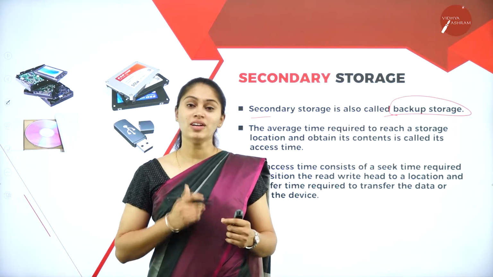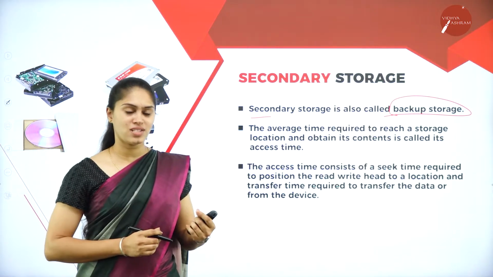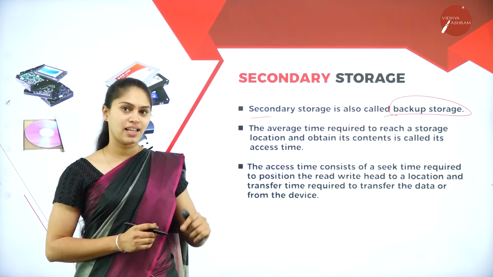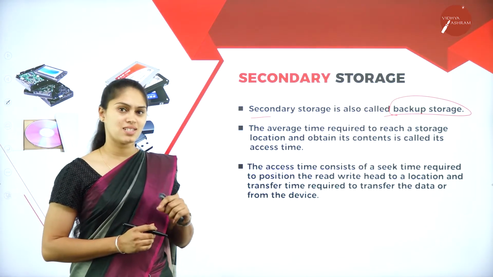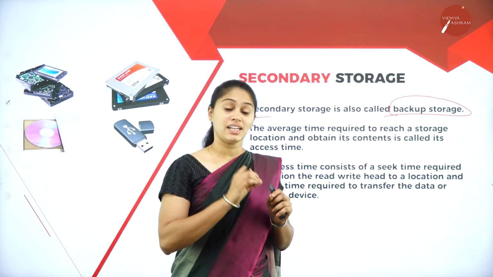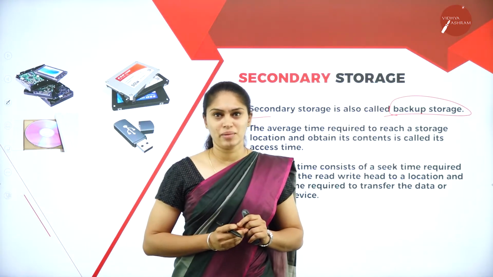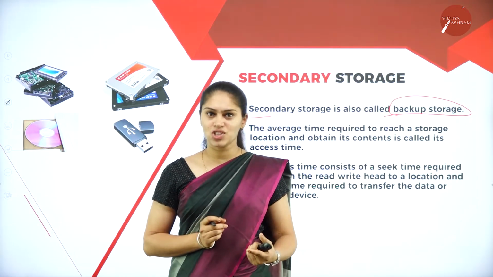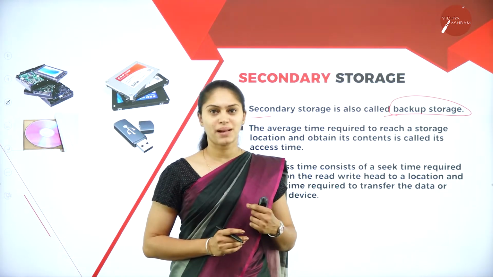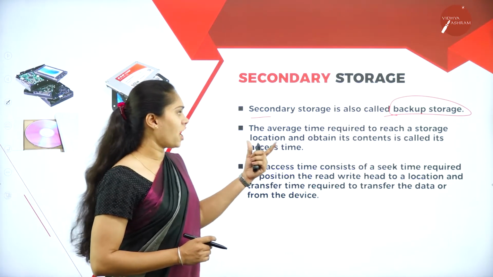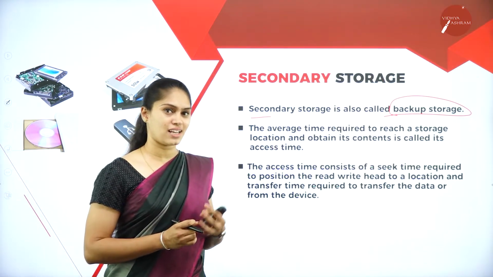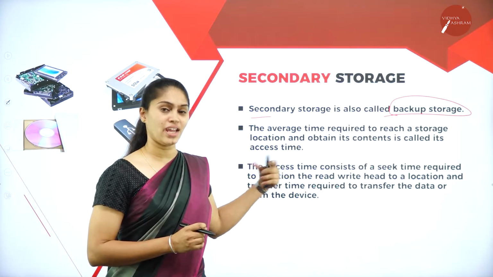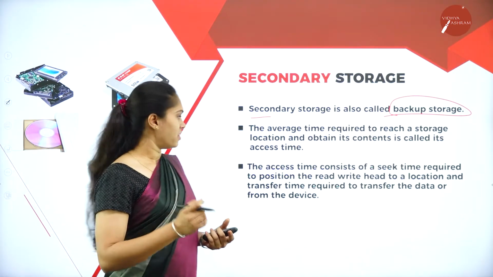Okay, so if I want to access or process the data and information, then whatever data and information resides in the secondary memory needs to be moved to the primary memory. Then only will the computer access the data and information which resides in the primary memory. Then how are we going to access that data by making use of this secondary memory? What are we going to call for that? We'll see now.